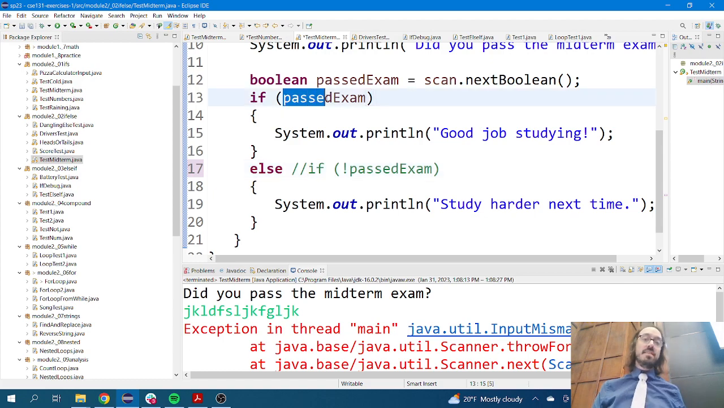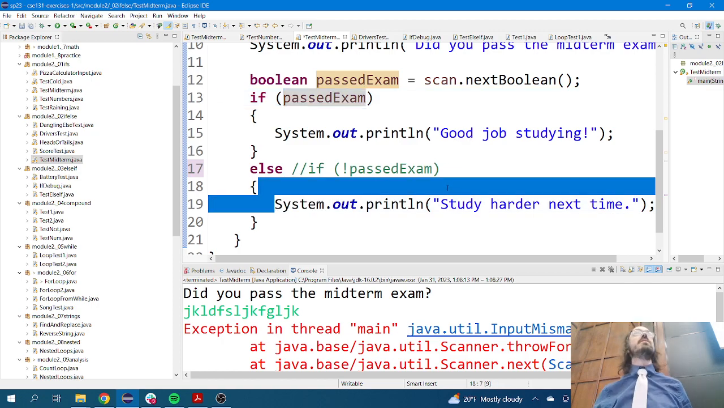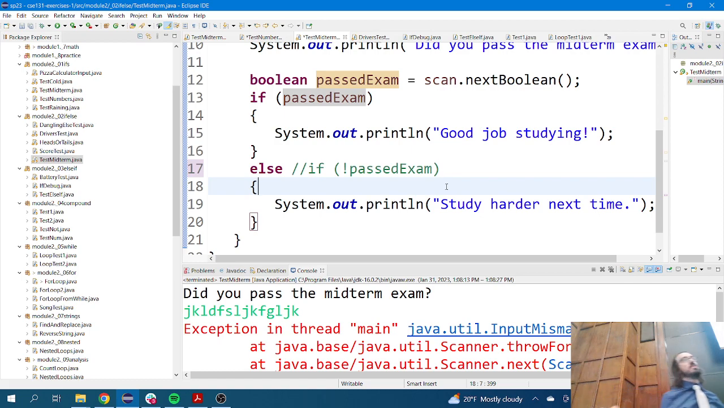So the way we interpret this is, if this value is true, I'll do this thing, but if it's false, then I don't need to worry about a condition. I'll just drop down here and do this, right? I don't have to ask true or false again. I just do that thing. Or if we look at a more numeric example,